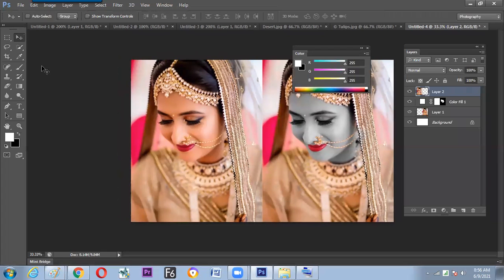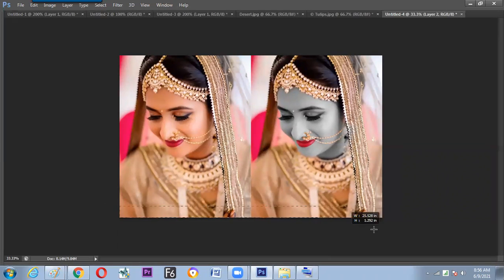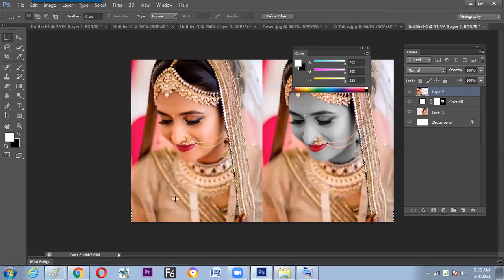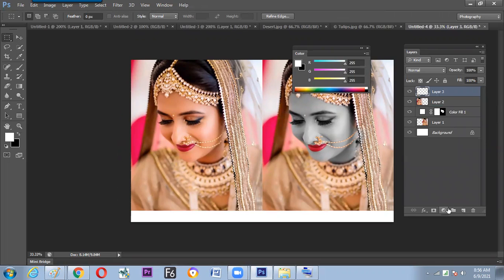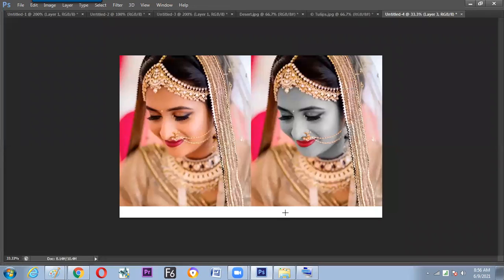And yes, we are able to make a strip at the bottom and fill it up with a new layer and get the message like before and after. So here we have understood a new thing: how to extend the canvas to a certain side. It can be done by the crop tool or by increasing the canvas size.